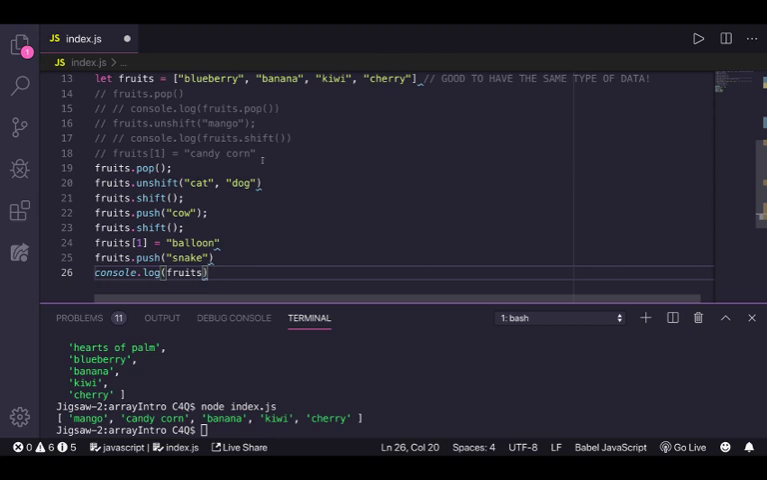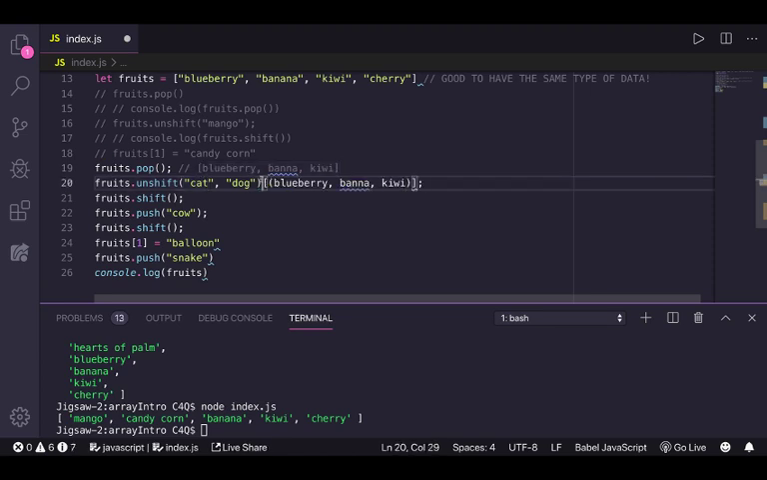So let's go through it. So fruits.pop, what's that going to give us? That's going to give us, yeah, so after this line, it's going to have blueberry, banana, and kiwi, yes? Okay. Then we're unshifting. So we're going to take all of these. We're going to be adding cat and dog, yes? Okay. Then we shift. So we're going to be left with,